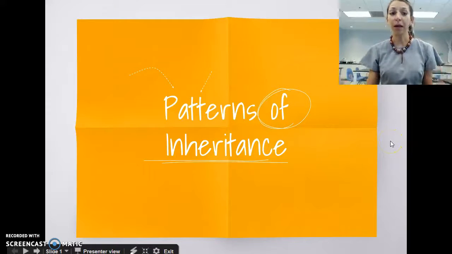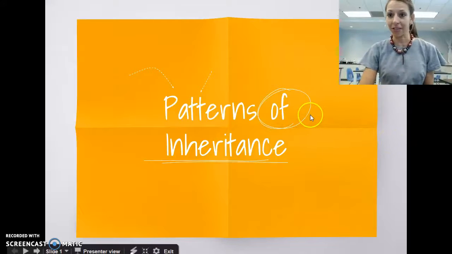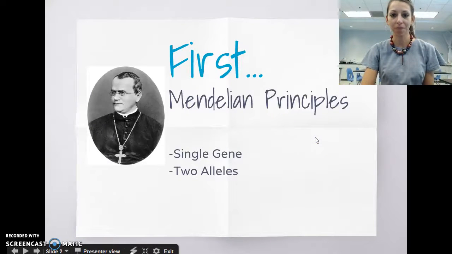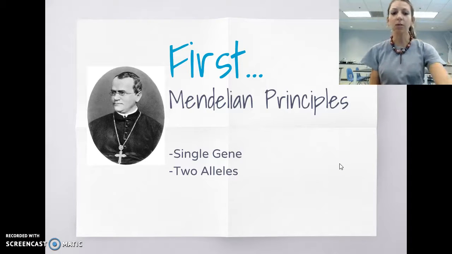Hey guys, so we've gone through basic patterns of inheritance. Now we're going to go through a little bit more complex patterns of inheritance in this video today. So, remember we went over first our Mendelian principles. Mendelian principles are generally ruled by a single gene, and we're going to have two alleles that we're talking about